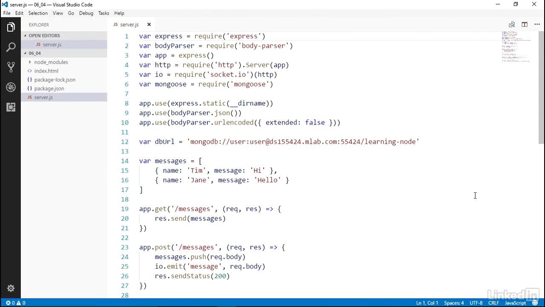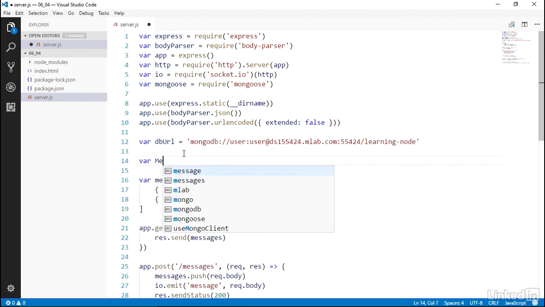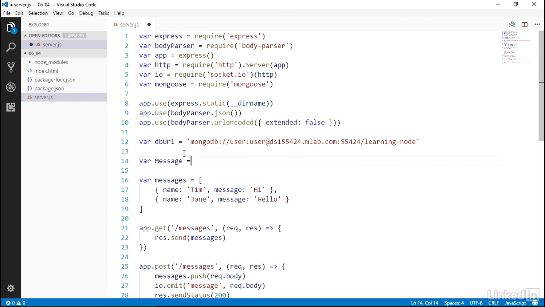In order to start saving data with Mongoose, we need to set up that bit of structure I mentioned earlier, which is a model and a schema for our message object. At the top of our script, let's create the message model. So above our messages array, on line 14, let's add a few lines. We'll create a message variable, and we'll use a capital M to indicate that it's a model, and we'll set it to